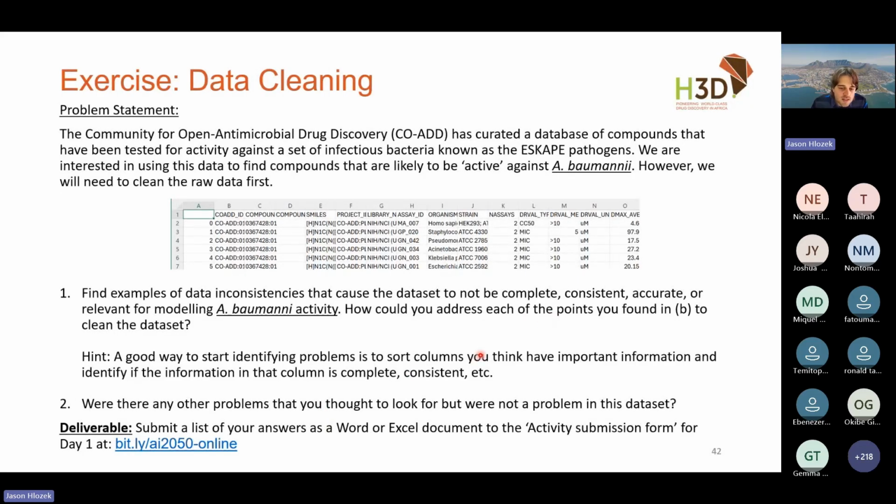And just a hint, one very quick and easy way to do this if you don't know how to code, which is fine, is you can often find these types of inconsistencies if you sort your columns. So for example, maybe I sort by this value or by the units, and you can maybe then see if you've got multiple or not. So that'll be a quick way to identify some problems in this data set. There are quite a few.